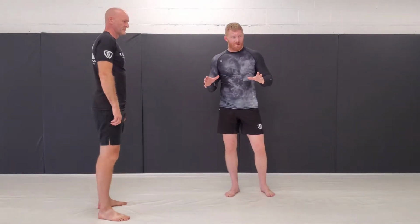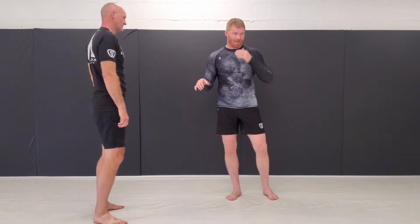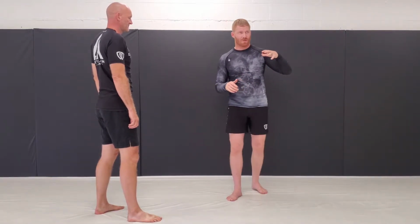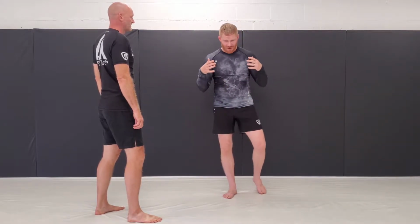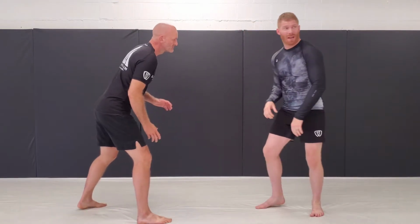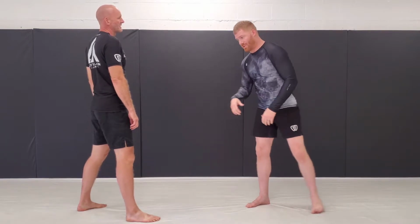I love single legs. Attacking the single legs, gi and no gi, from a wrestling background, it's just super effective. A lot of transitions from there versus just a standard double leg. They're super athletic. They can hit that blind double with a snap and go, and they can shoot from, you know,